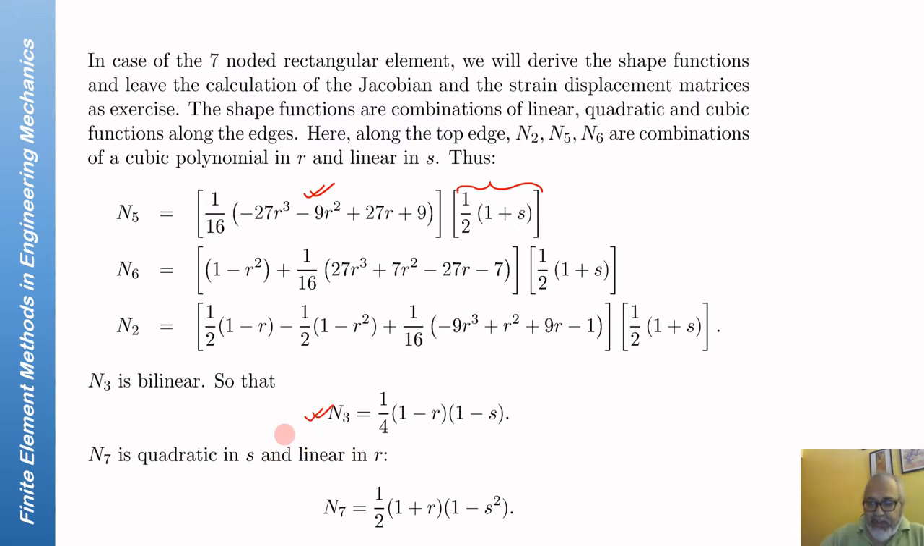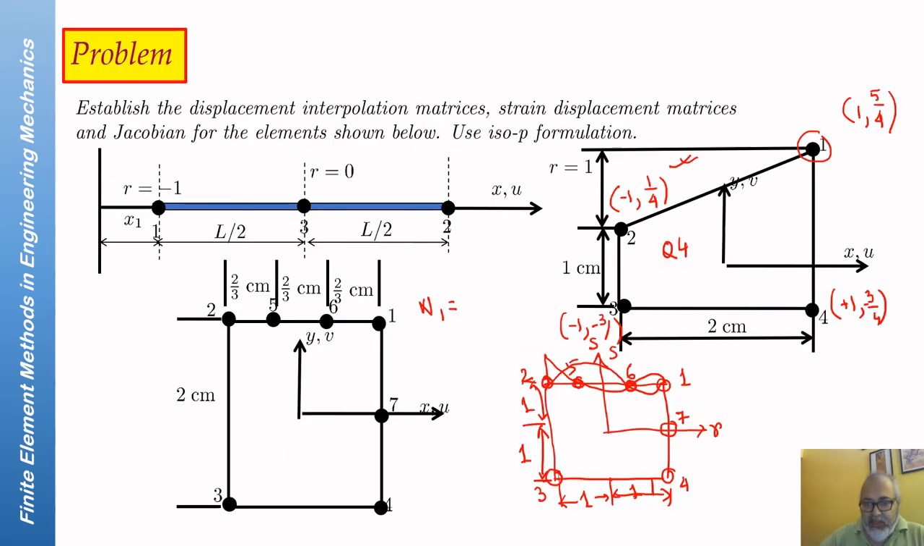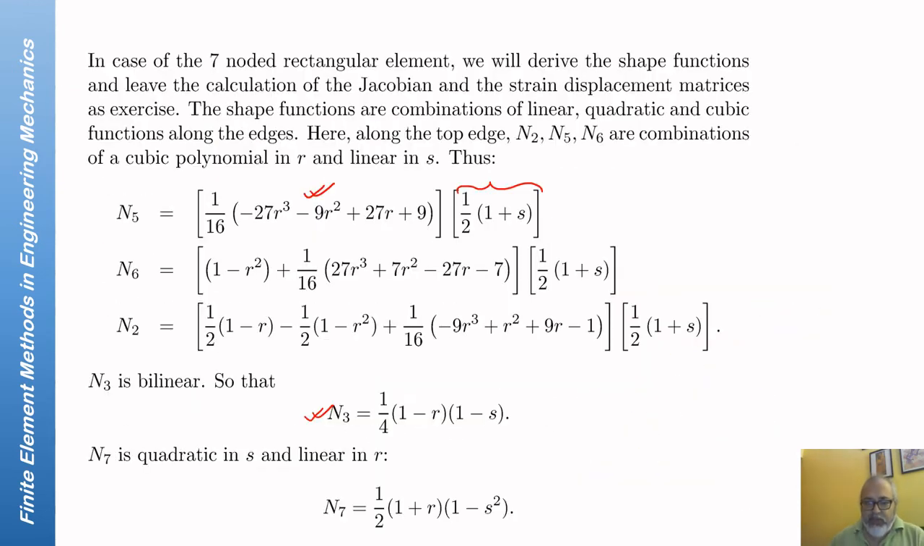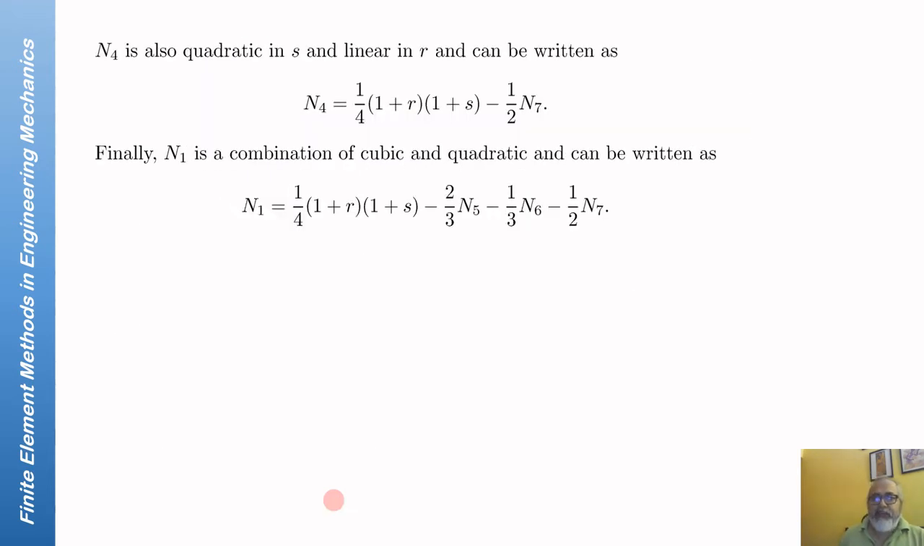n7 is quadratic in S and linear in R. So n7 would be 1 here, 0 here. So it will be in the S direction, it would be quadratic. But in the Y direction, it has to go to 0 on this boundary. So in the R direction, it has to be linear. It has to go to 0 at R equal to -1, and that is your n7. Similarly, n4